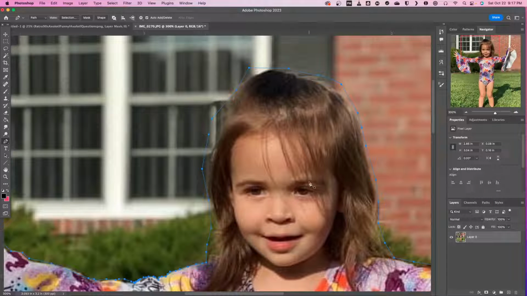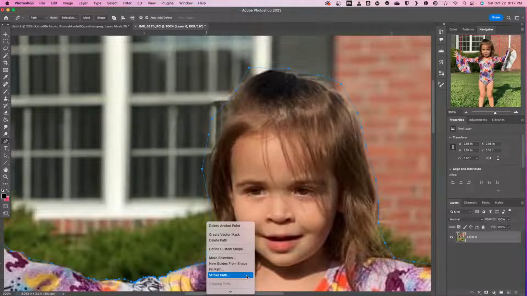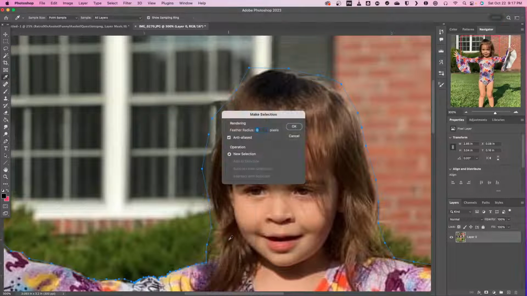All right. So now that I went all the way around, you can notice that once I did this and I went back to my original part, this whole thing turned blue. And if I right click on this and I click on make selection,